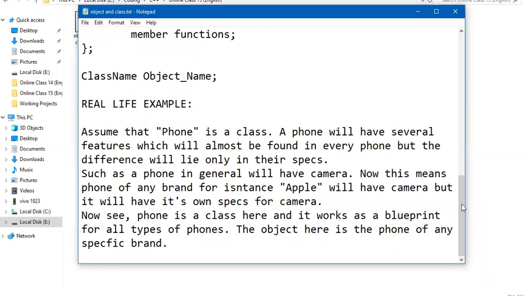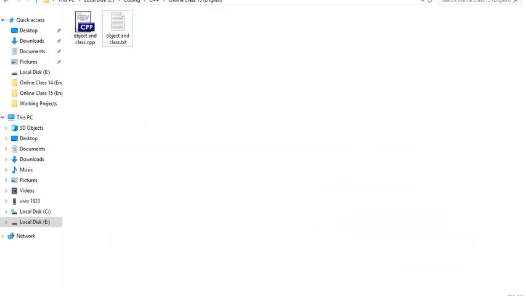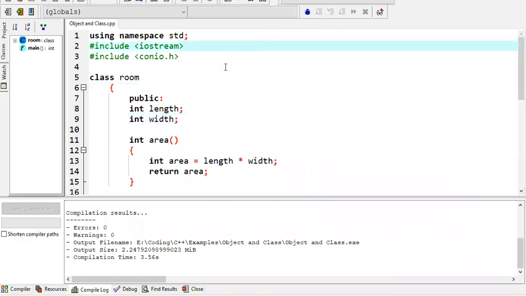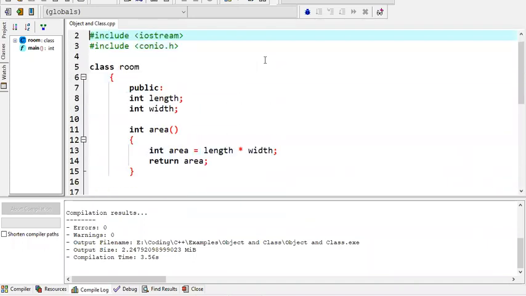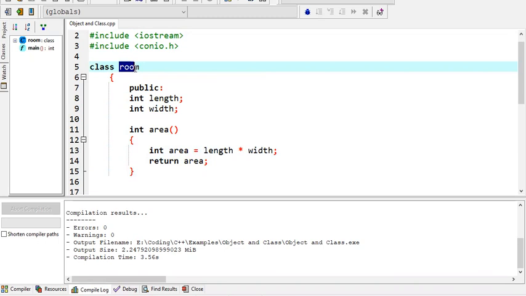So that's it. Now let's go back to the original coding portion here. I'm just going to work with classes here. I'm just going to show you this example. Program example, simply, as I said earlier, use the class keyword and then the class name, which is room here, right,